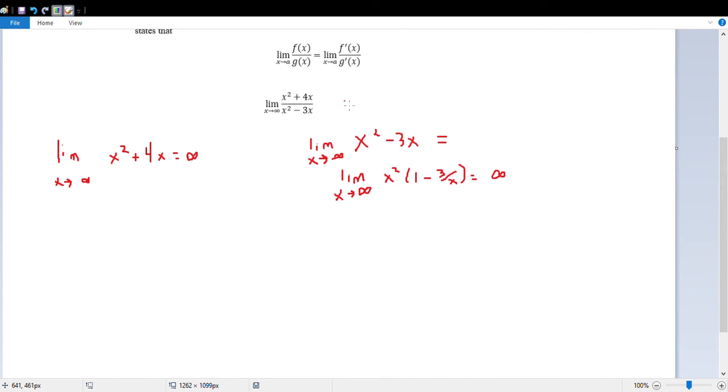All right, so we've shown that these are both infinity on top and bottom, so we could apply L'Hopital's rule. Of course, we would probably just factor an x squared out of the top and do it the old conventional way, but we're practicing L'Hopital's here. So we're going to conclude by L'Hopital's, so we'll definitely document that. I'll just say L'Hop. By L'Hop, we know that this limit here